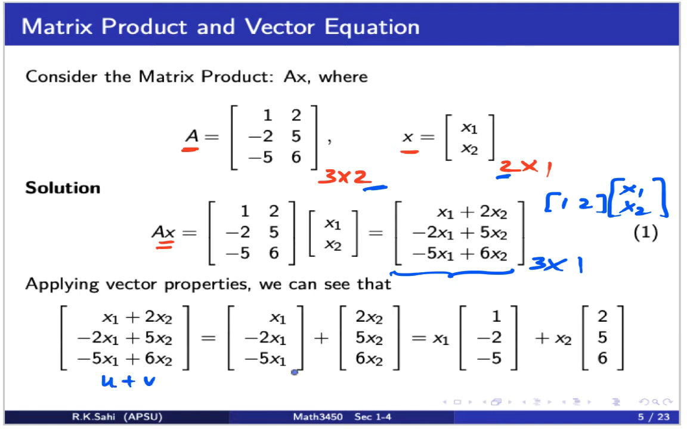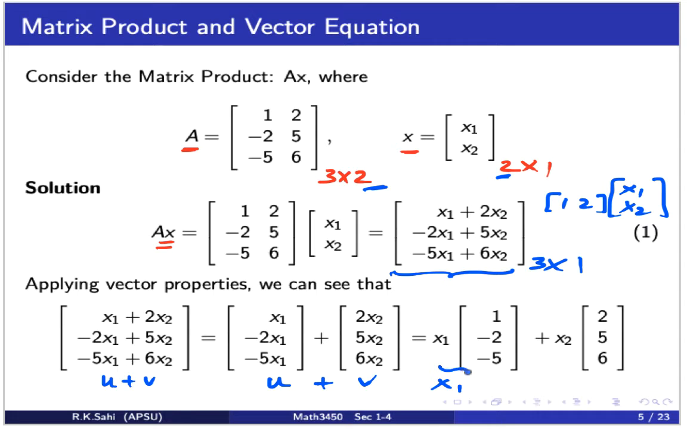I can separate them. It's basically addition of two vectors, all the vectors x1 and all the vectors x2. You can write this as u plus v. It's basically addition of two vectors, if you notice that. Now, when you look at this vector u, notice x1 is common. It's a scalar multiplied to every element in the vector. So I can write this as x1 times,